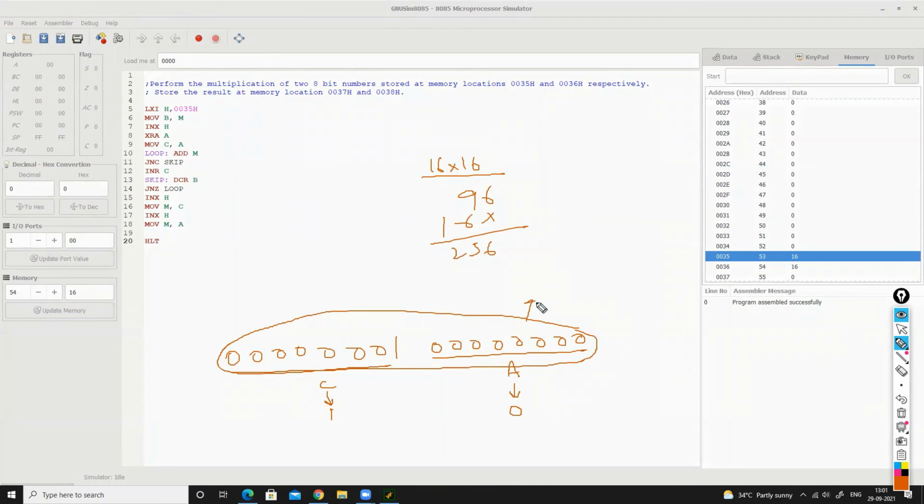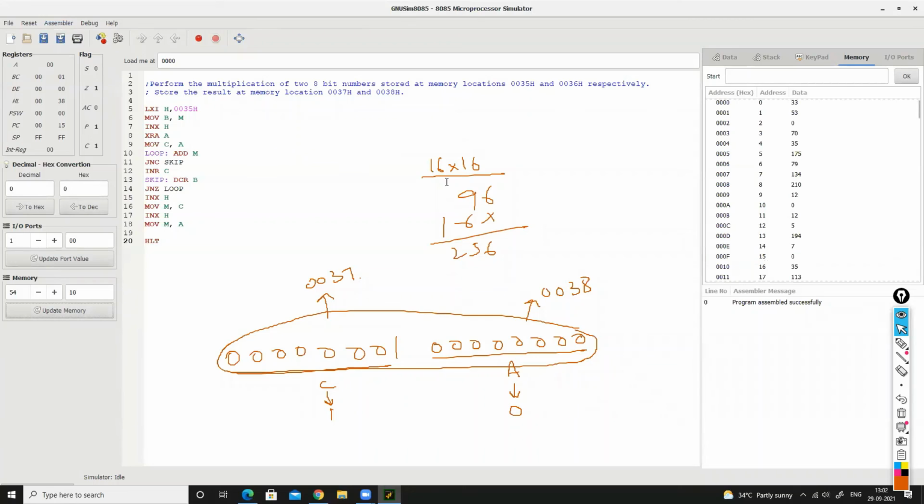Now A is stored at 0038. So 0038 should contain 0 and 0037 should contain 1. Let's see if this is the case. Okay, let's check. Let's first do the assemble. Now let's do the execute.